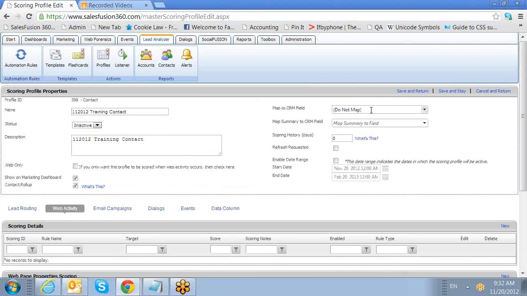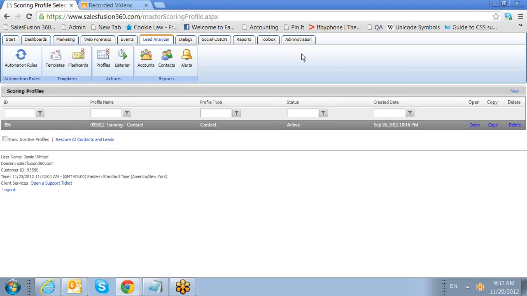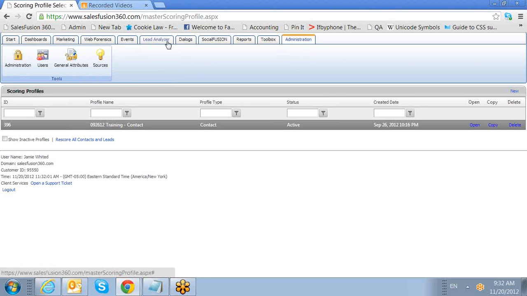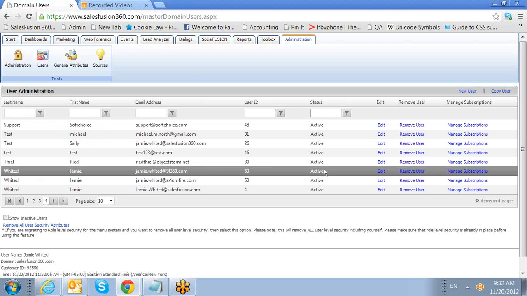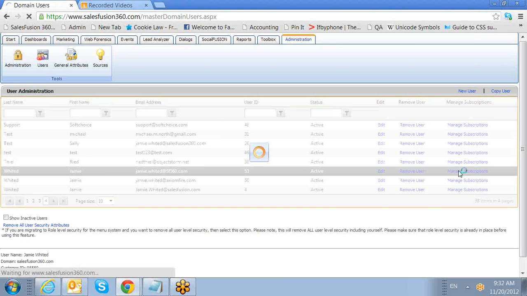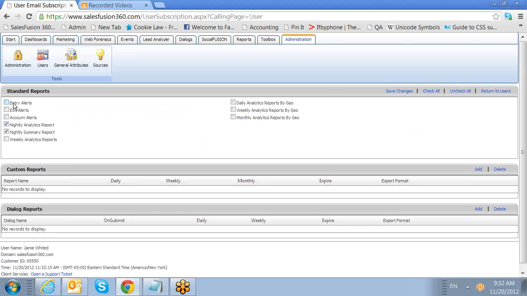The last thing that I want to show you is how to subscribe to those web activity alerts. If you come over here to the Administration tab and you go to your users, next to each user we have Manage Subscriptions, and you will have to do this for each user that you want to receive these. If you want them to receive entry and exit alerts, these are the alerts for contact scoring. Entry will send out an alert saying, guess what,